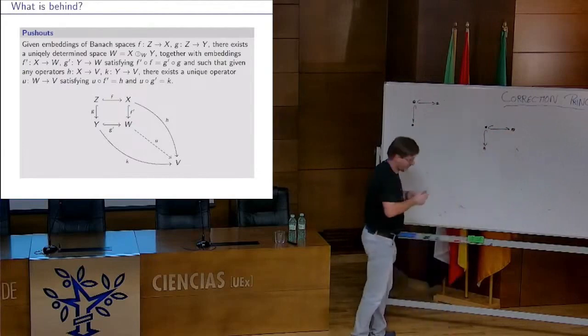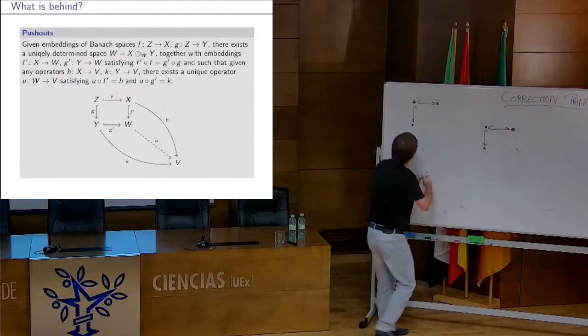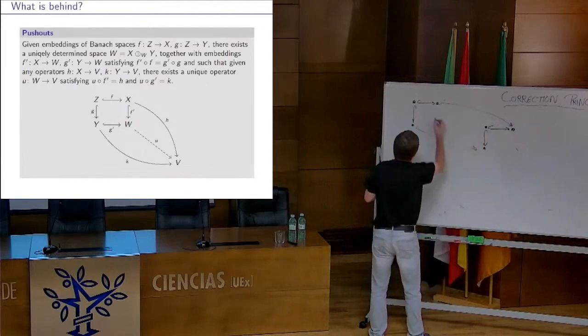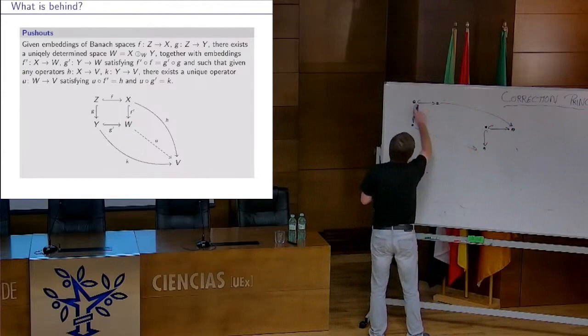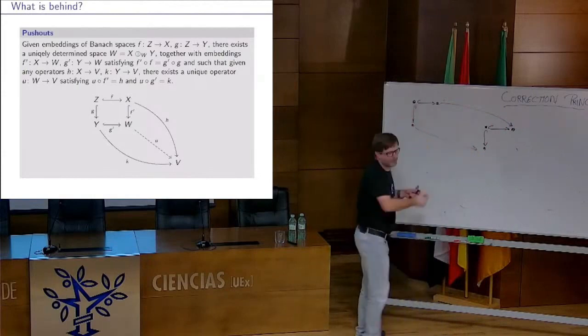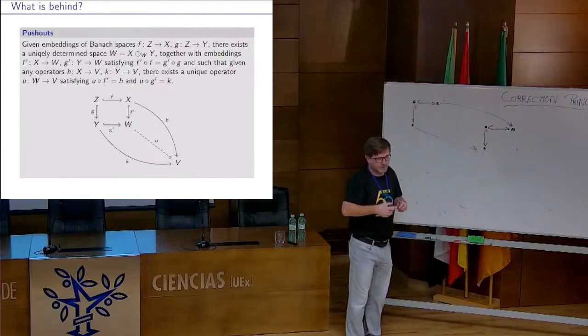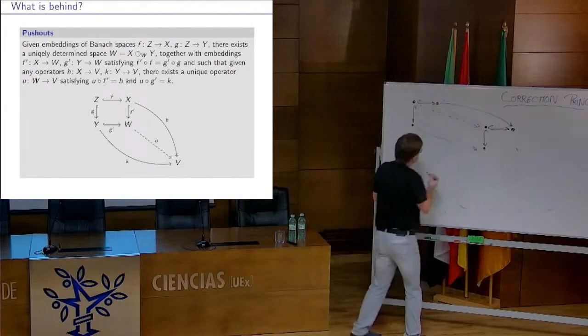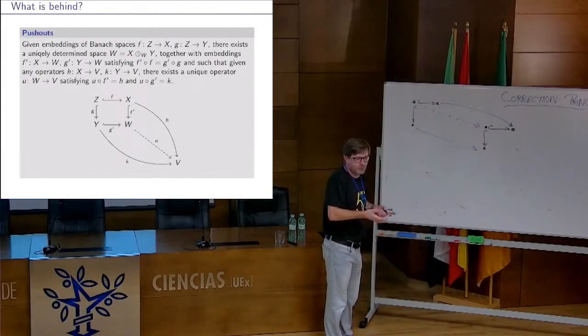But there are also operators between them, yeah? So there is an operator going this way. Okay, maybe this restriction is not needed to write, yeah? But okay, let's draw it somehow. Now, we want to amalgamate this.